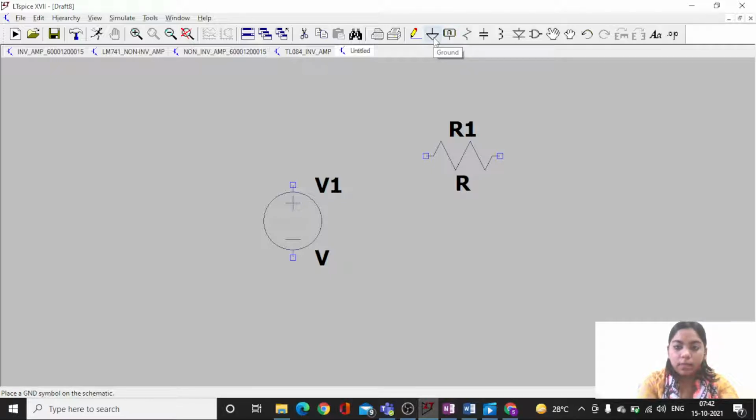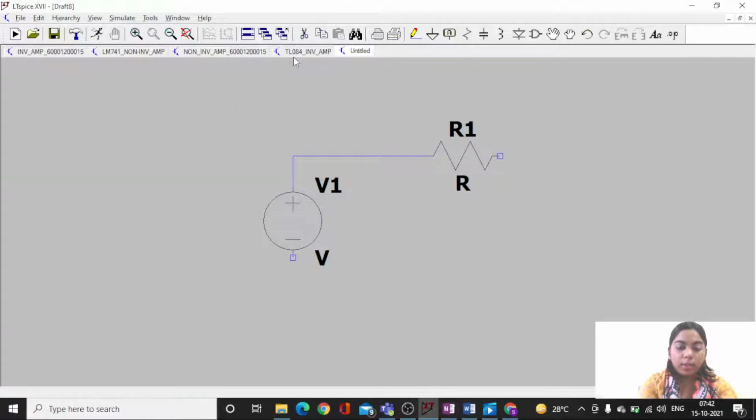Then this is the ground symbol. Then this pencil-like symbol depicts wire. For example, if I want to connect two ends of my component, the two nodes of my component, for example, if I want to connect this node to the node of my resistor, I'll right click and I'll place. Once the particular node gets attached, that symbol disappears. So this is how you attach a wire. Again, if I don't want the wire, I either press escape or right click, so the wire disappears.